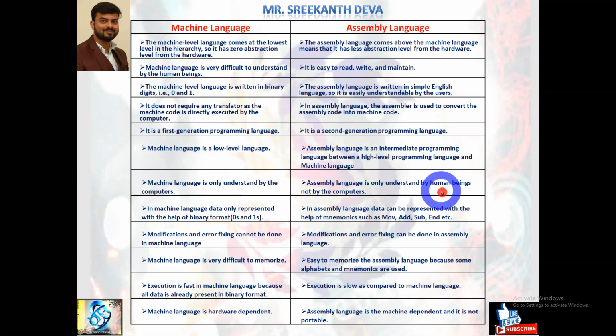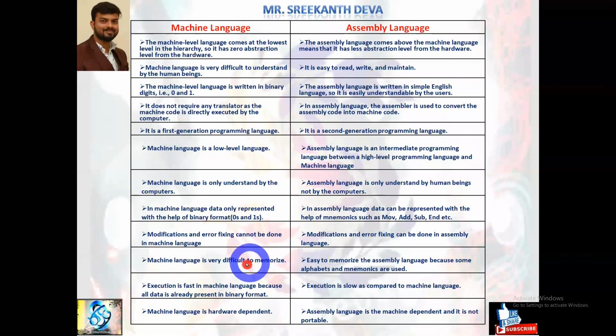Assembly language is only understood by human beings, not by the computers, because this is an intermediary language on top of machine language. In machine language, data is represented only in binary formats like zeros and ones. But in assembly level language, it can be represented with the help of mnemonics, such as move, add, subtraction, and so on, where we give instructions directly in the form of mnemonics. The assembler is a translator that converts this assembly level language into